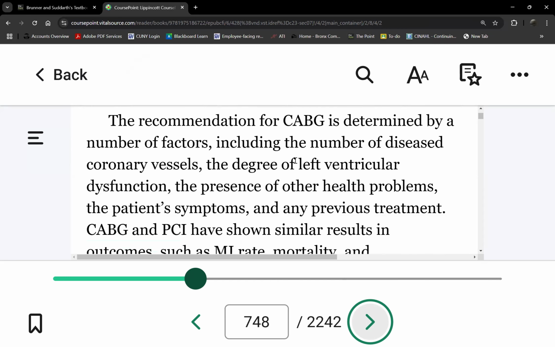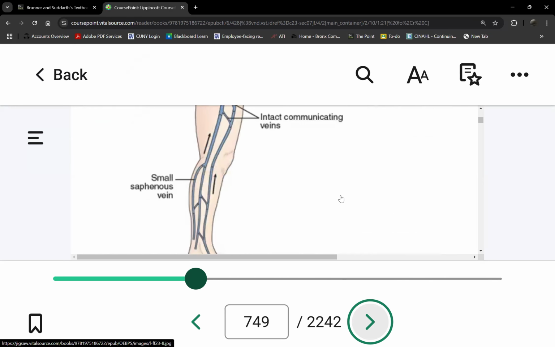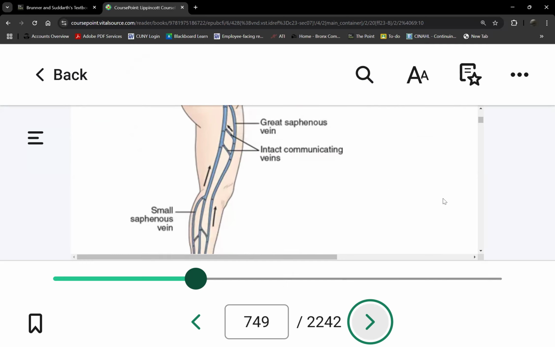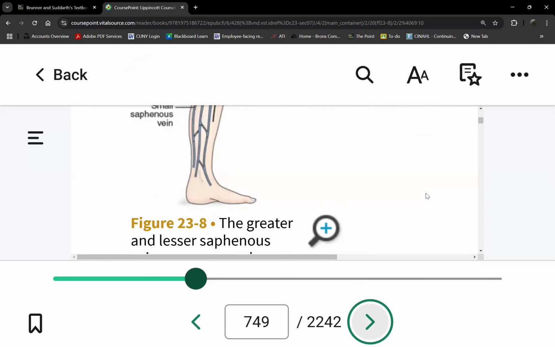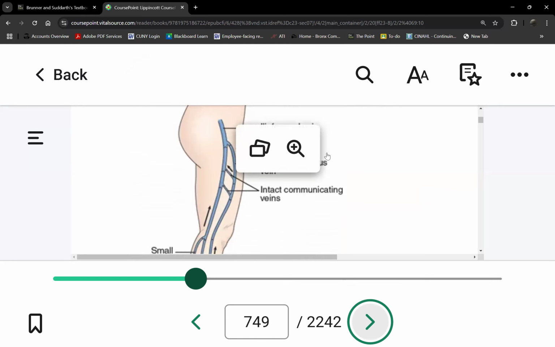So CABG is coronary artery bypass grafting. Let me show you the picture. These are the grafts that can be used. We can either use the patient's leg veins, the saphenous vein, that's usually the most common. How do we harvest the vein? We can do endovascular harvesting now, meaning before,